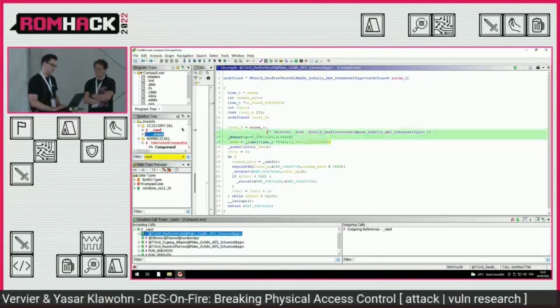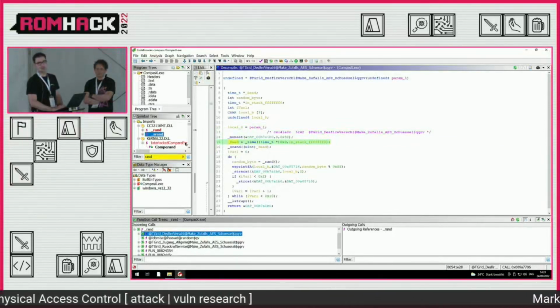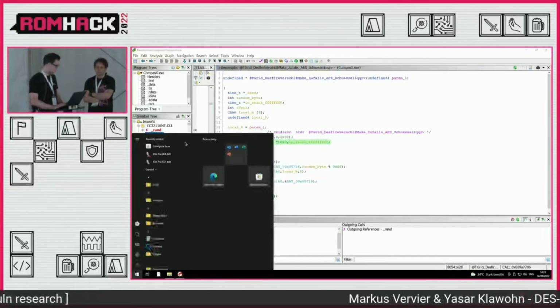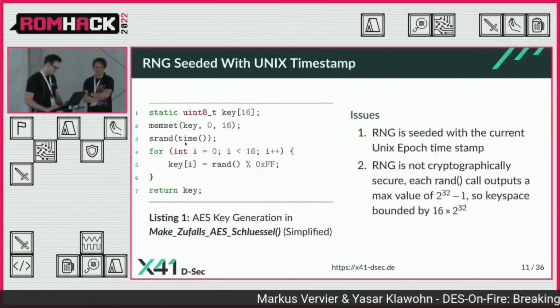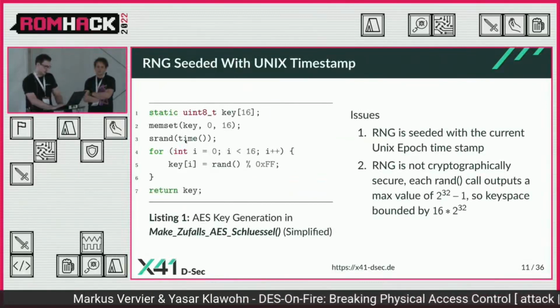That's pretty bad, because for each second there's going to be just one key, and there aren't that many seconds. So, a bit more cleaned up, we can see that they...